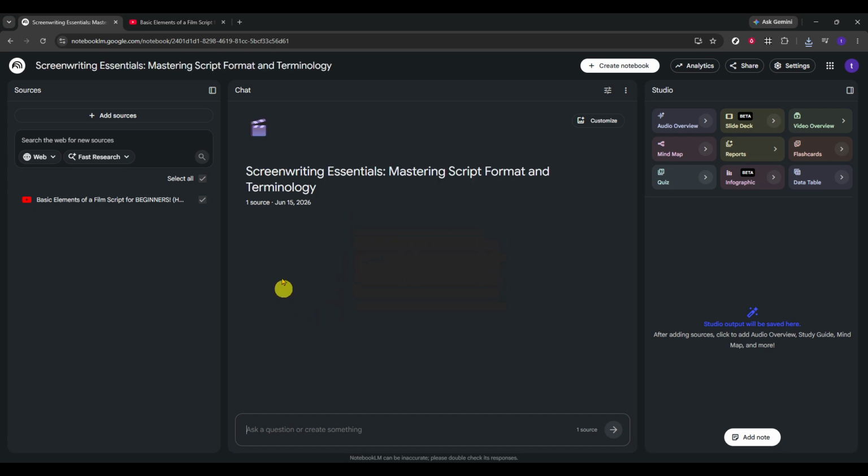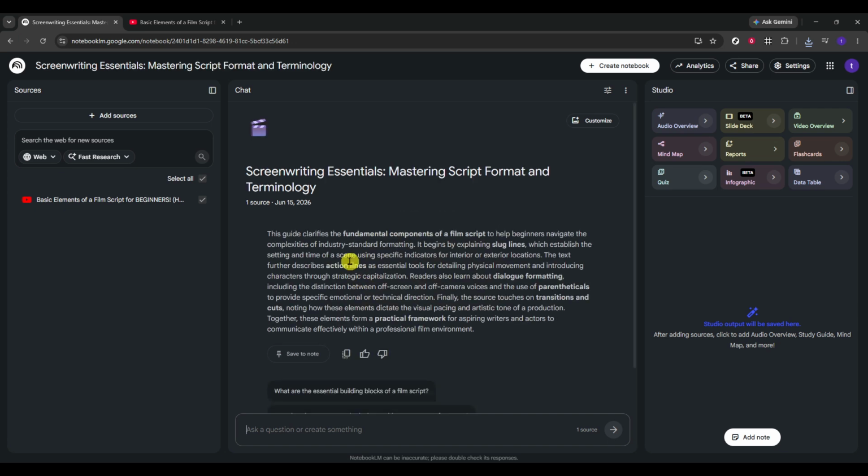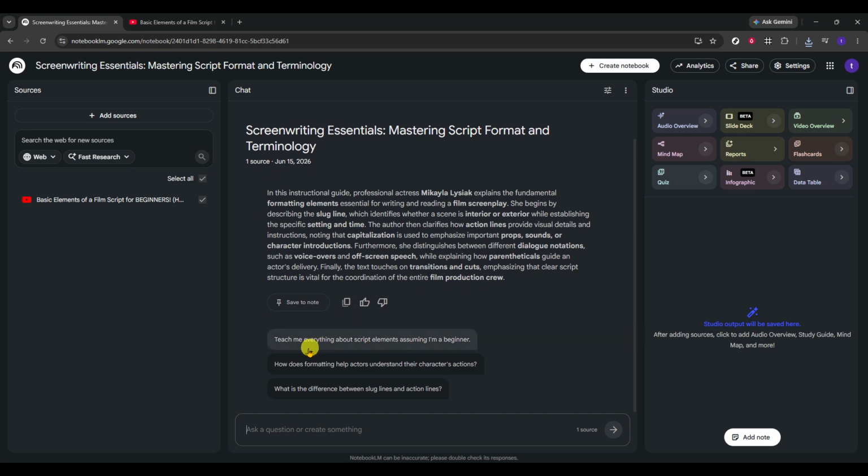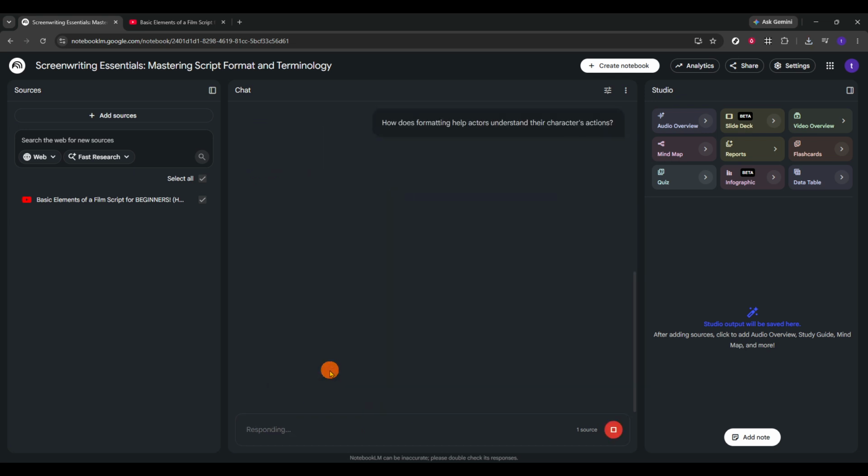When the link has been entered and processed, a suggestion will appear. Click on the suggestion that best fits what you want to create. This step is important because it helps guide Notebooklm toward the most useful output for your script writing needs. Take a second to read the suggestion before selecting it, so you choose the one that aligns best with your